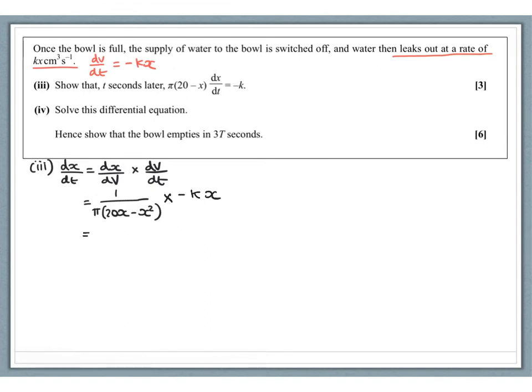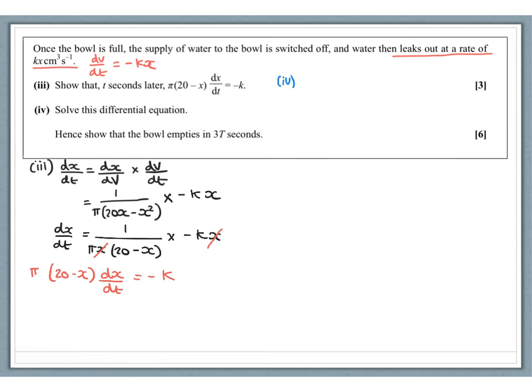Now, let's simplify this. So 1 over πx(20 minus x) multiplied by negative kx, and this is dx/dt. So I can cancel a value of x here and here. So we'll then multiply it by the denominator. So we get π(20 minus x) dx/dt equals negative k on the right-hand side. So we've done the first part of the question. Now, part 4 requires us to solve this differential equation. So solving the equation,